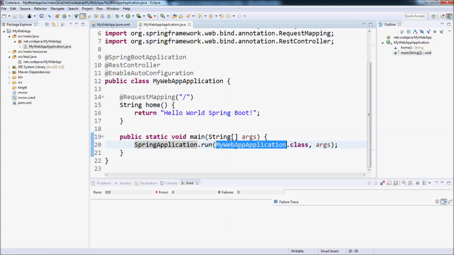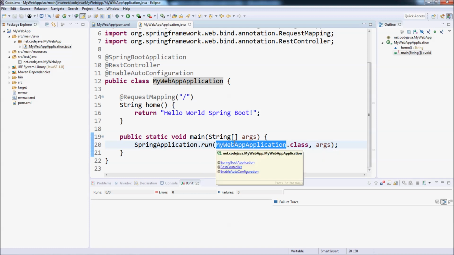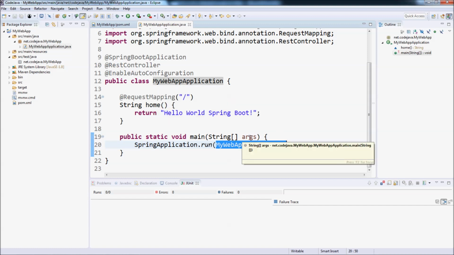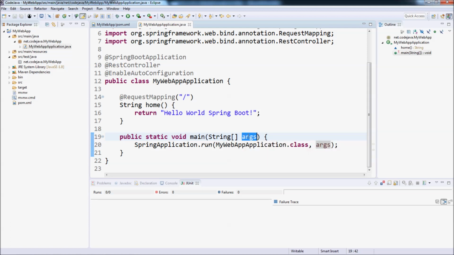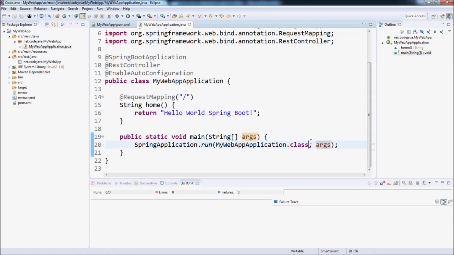We specify the class MyWebAppApplication as the first argument to this method to specify that this class is a web component, and the application command line arguments, the String array, is passed through to this method, so we can configure application settings via command line arguments. Okay,